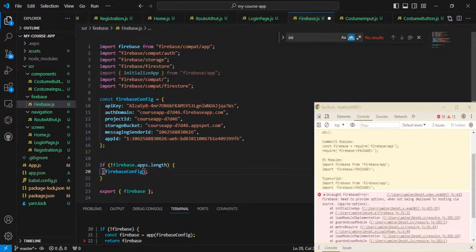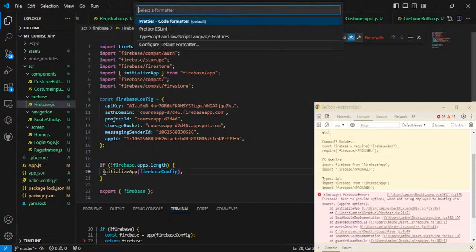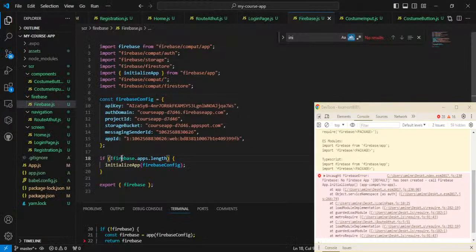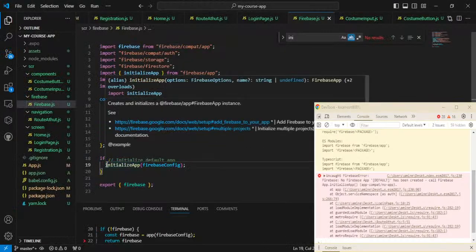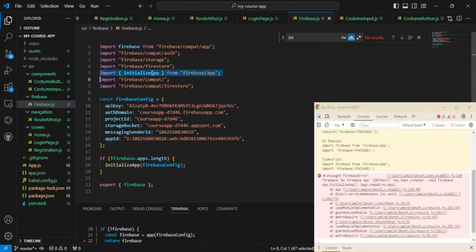Okay, and here we're just gonna say firebase dot initialize, or just initialize straightforward, and let's see now what it says. The error, no firebase app has been created, because it required the firebase to come out from this. So once we're gonna add firebase,